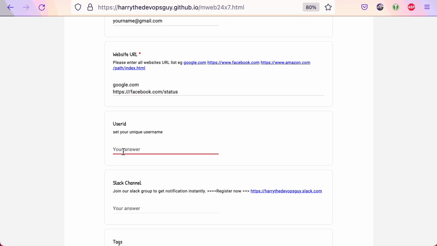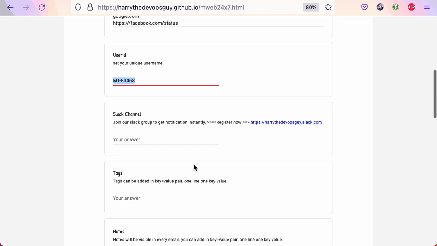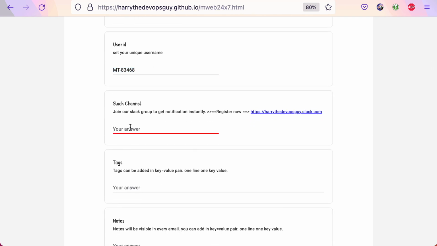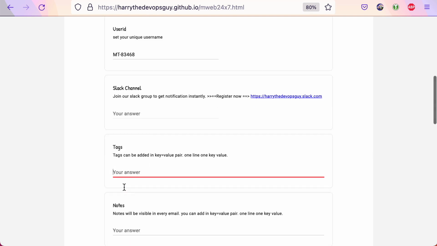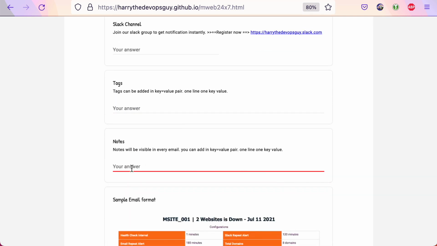And you also must fill in some keywords. Here it will be your unique username, and we recommend you use mpost plus some number that you can remember later on. And here you can mention a Slack channel, and provide the tags and notes details in a proper format.